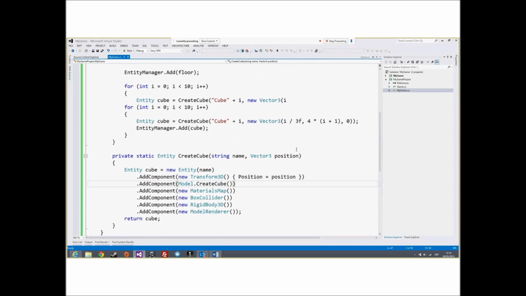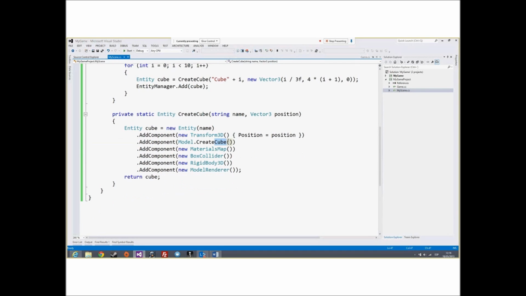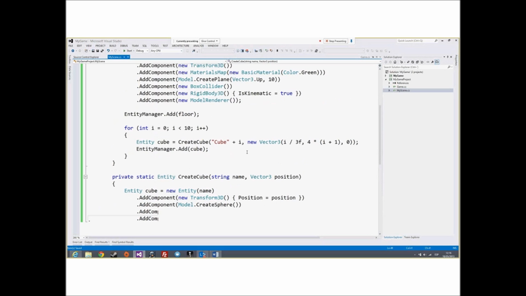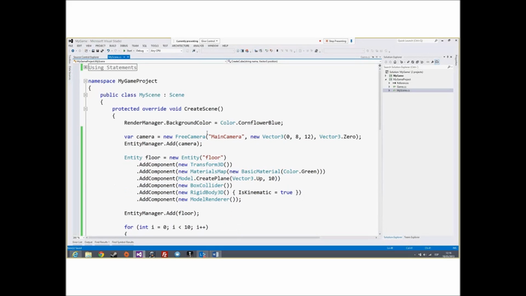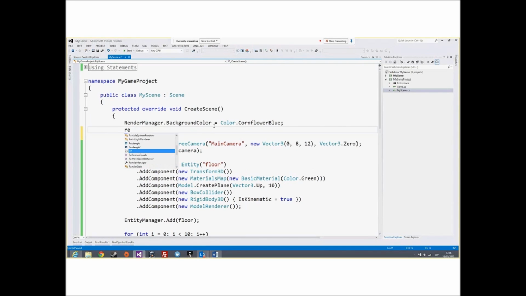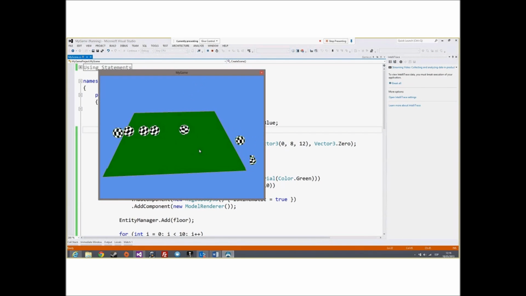Now I'm going to change cube for sphere, for example, and we need to change the collider for a sphere collider, and if you want to see how the colliders are, you can activate the debug lines in the engine. RenderManager debug lines true, and now you can see how this sphere rolls on the floor.